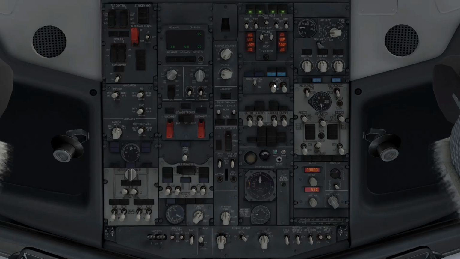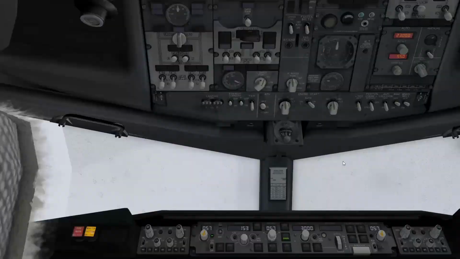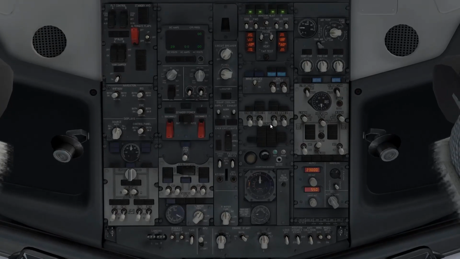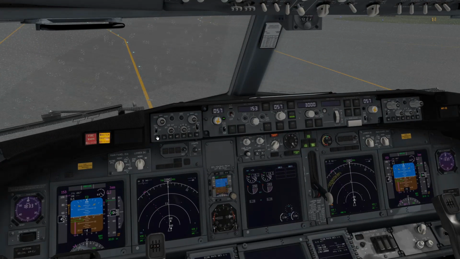Probe heat can come off. Let's see what the weather is outside. We're getting some rain, and it is 10 degrees or less, so we're going to leave the engine anti-ice on for the taxi in. And after that, we're going to come down to this panel, turn the weather radar off,